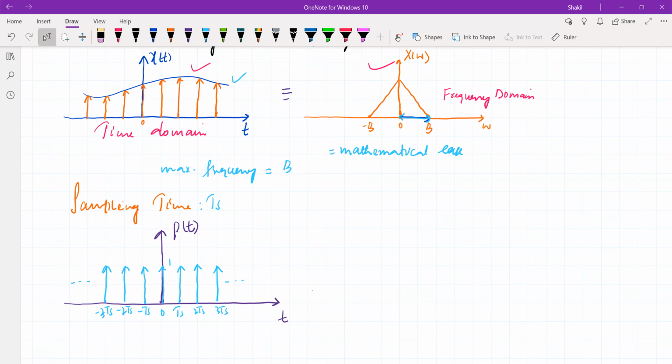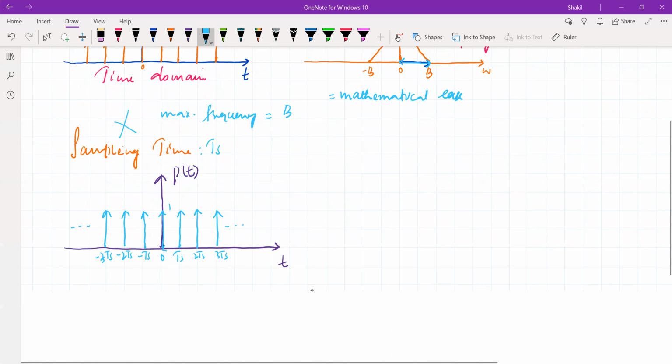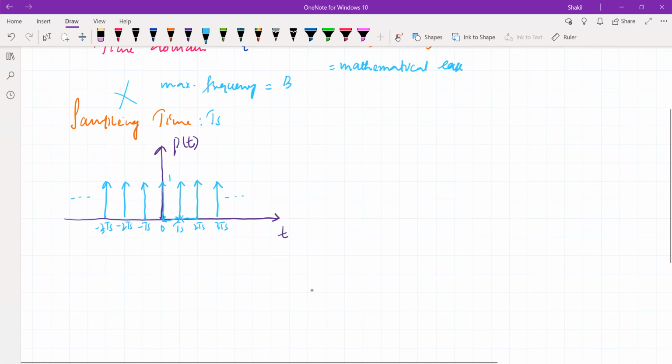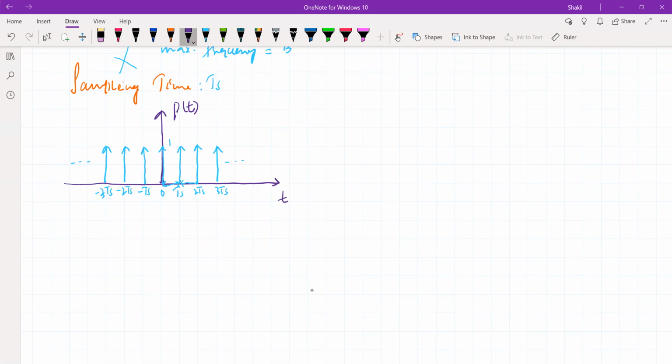So if I multiply this x of t with p of t, what will happen? You can obtain the samples. You can see now this signal is 0 between these, and you have a value of the signal only at 0, at TS, at 2TS, and it is 0 at other instances. You can do the sampling of x of t by multiplying it with p of t. So mathematically, we can do the operation by multiplying p of t with x of t,